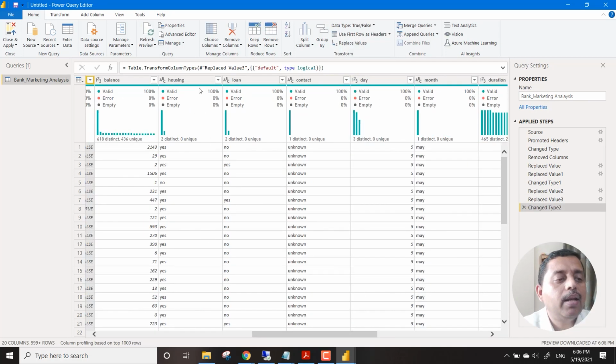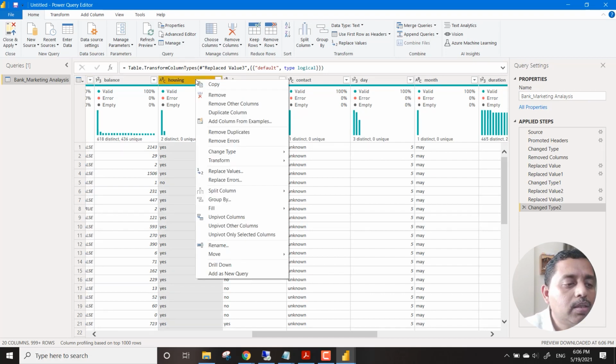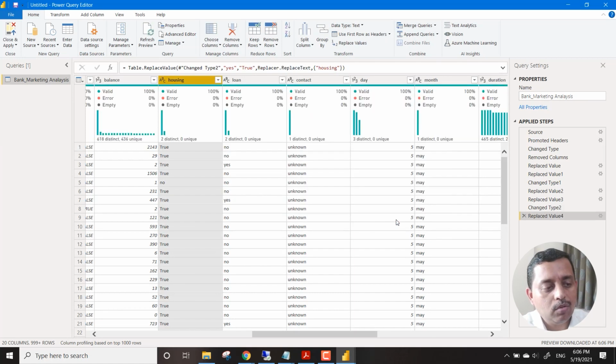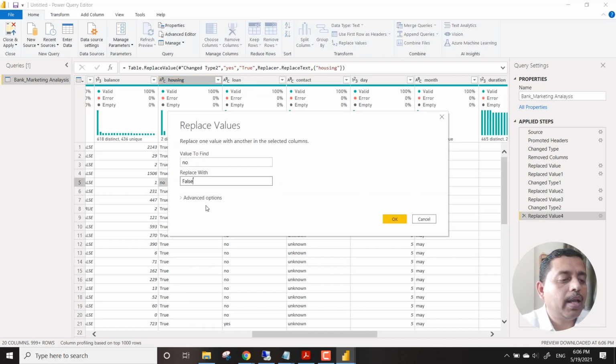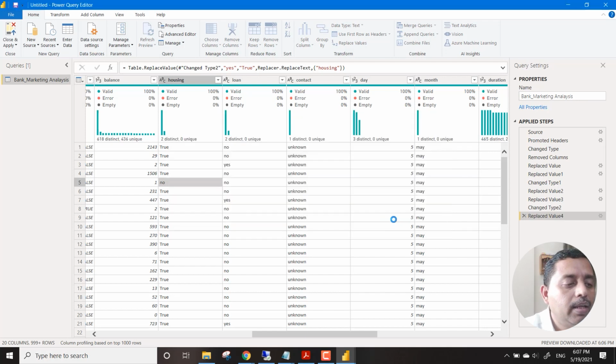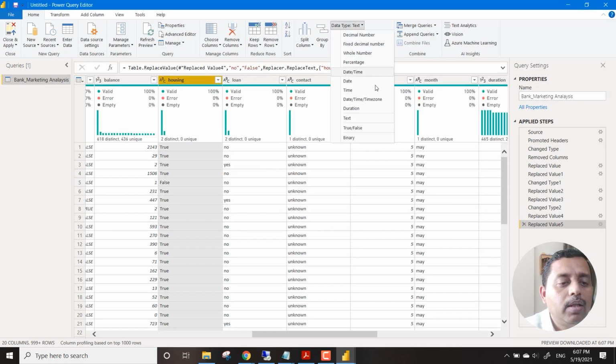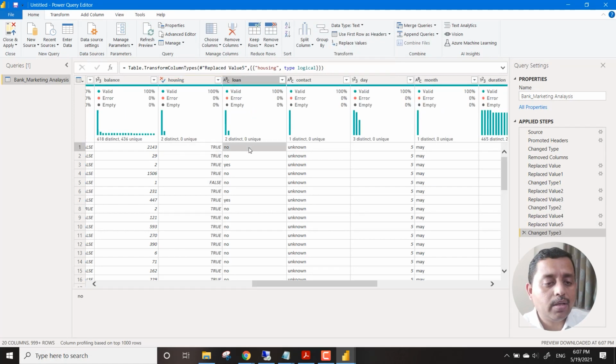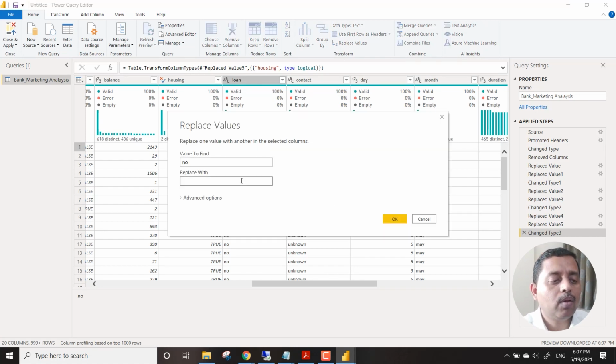Such options are there, and there is no instant method. We have to do it one by one over here. So we just go over here, replace values, and say this as true. If you make any mistake in the naming convention, then it will be a problem. So it has to say true and false, and then you say okay, convert this into true/false. We won't be able to do it at a stretch like this, so we have to take it one by one.